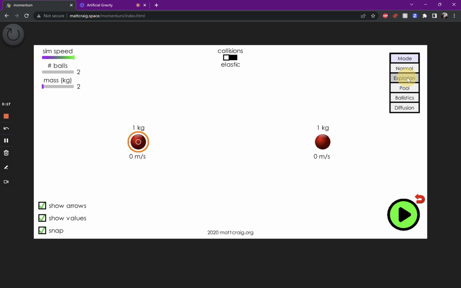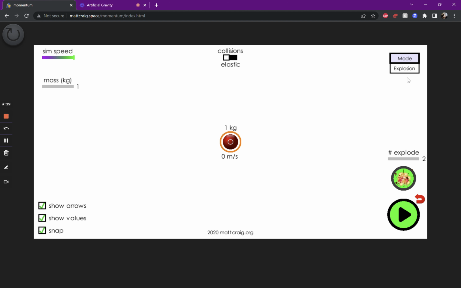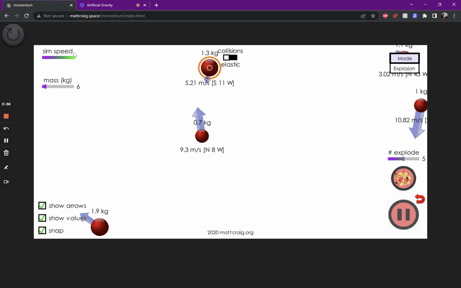The second mode is explosion mode. Now, you cannot give the initial object a velocity as you might be able to in some of the problems in a textbook, but you can tell it to explode into different numbers of pieces, and you can set its mass, for example. And so if you hit the explode button, that was a little fast, so let's slow down